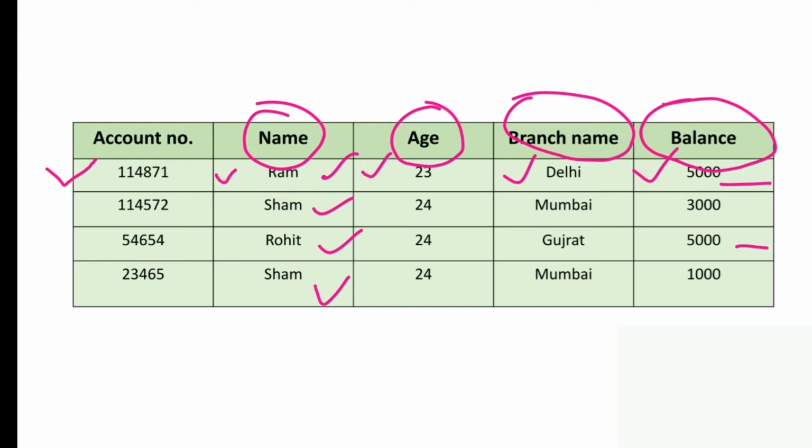Now what is left? Account number. Hence we will use the account number to differentiate or to identify each unique entity separately, because the account number is a unique number for every account. Alright, so this account number becomes the key. So students, I hope you got the idea of what a key is. Alright,